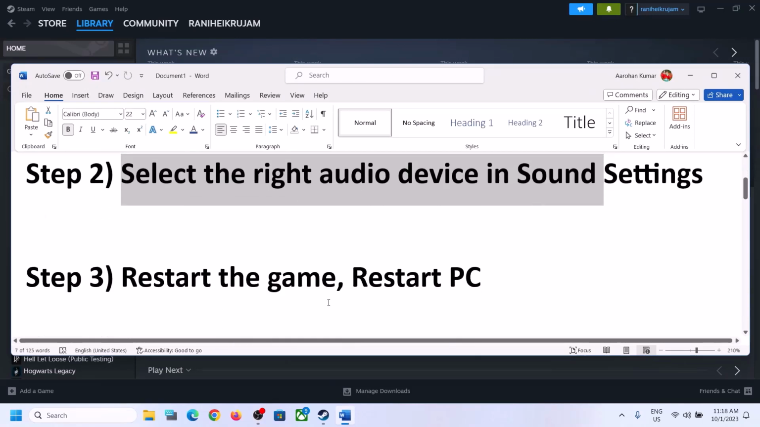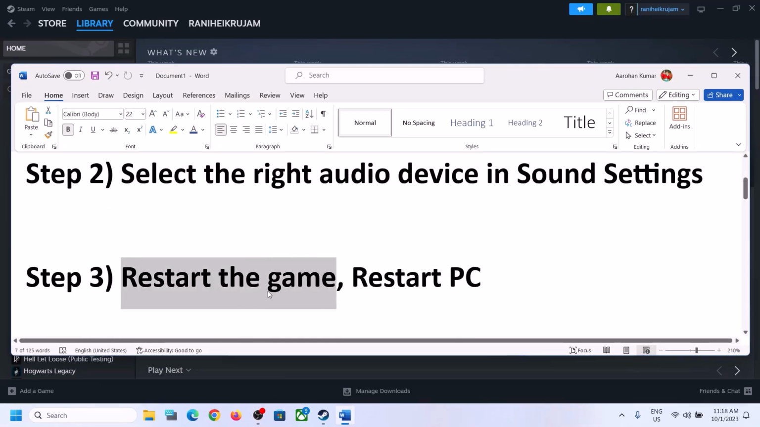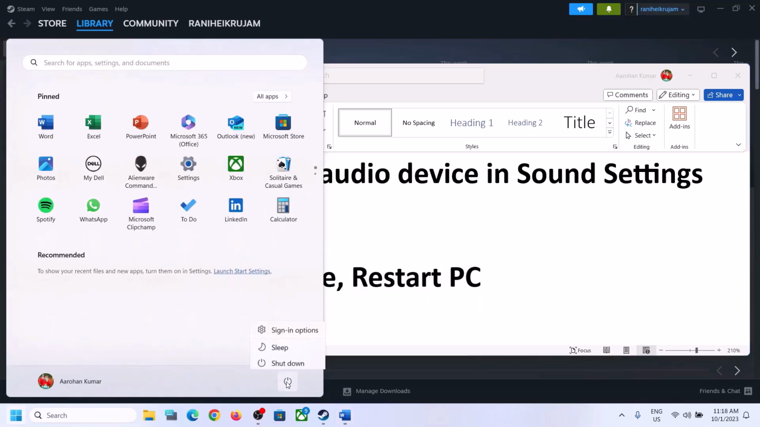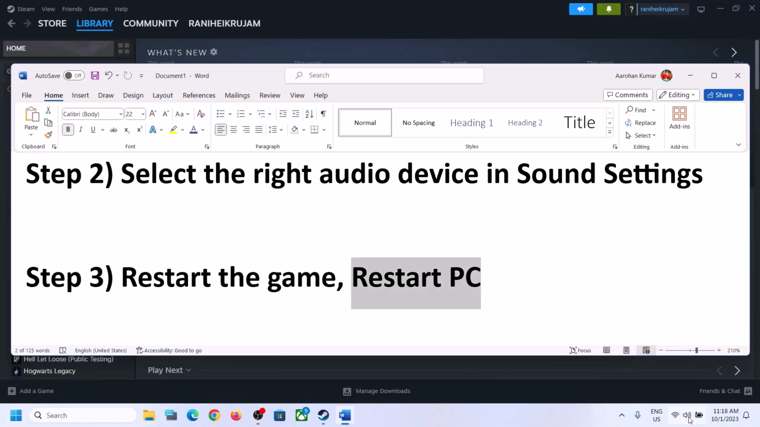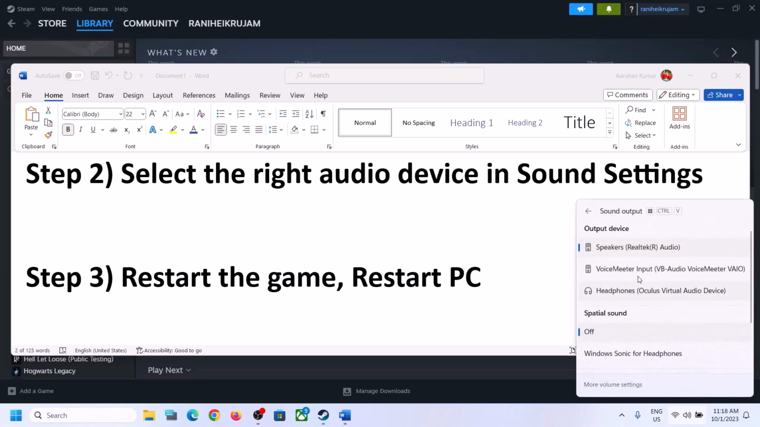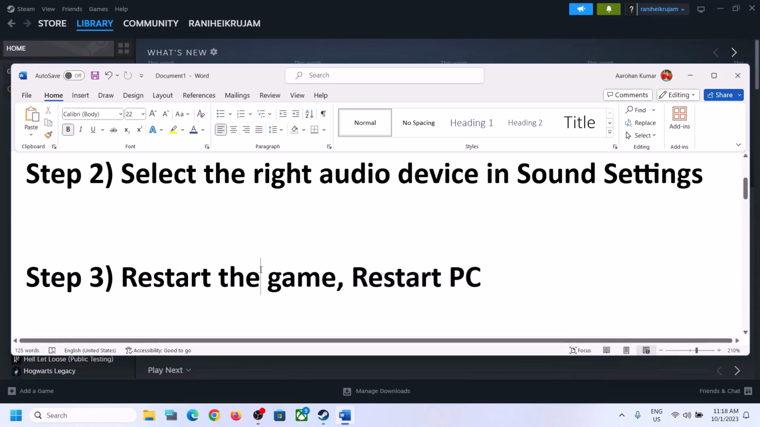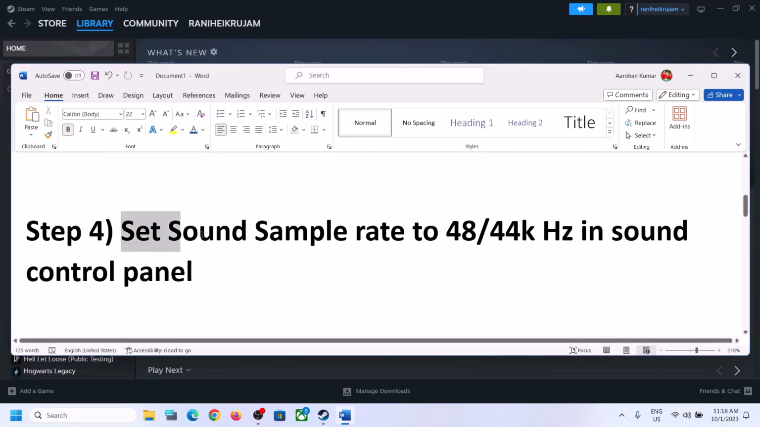Next step is to restart the game. So if the game is running, close the game and then launch the game once again. If that does not work, restart your computer. Make sure that you restart your computer, and after the system restarts, again select the right audio device from here. Make sure that you select the right audio device, and then the next step is to set the sound sample rate